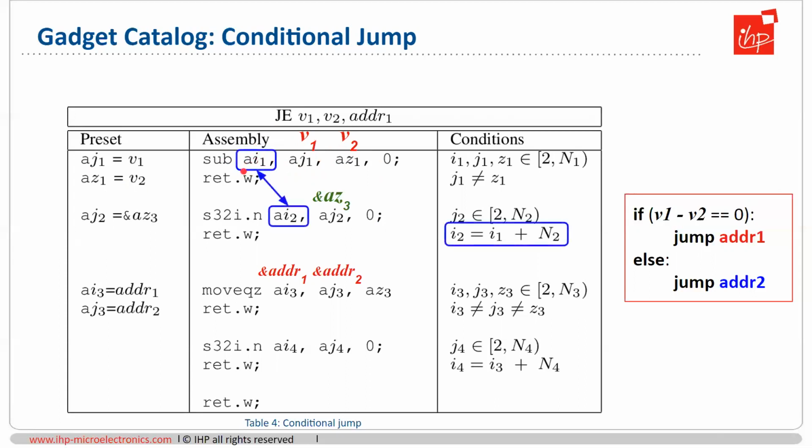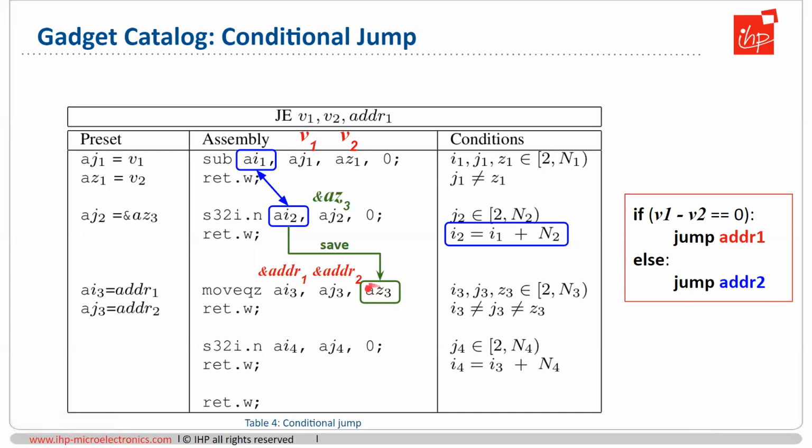Then our window rotates. This value can be accessed using the following register, but with another newly calculated index. So this subtraction result can be stored to the address of the request register AZ3. So we are saving the result of the subtraction to this following register, and here all the movq performs